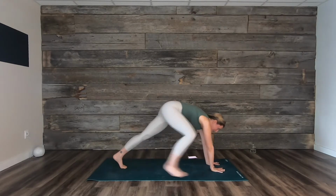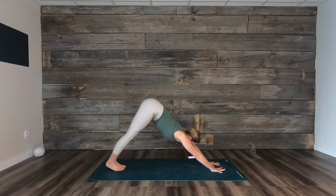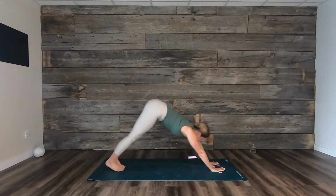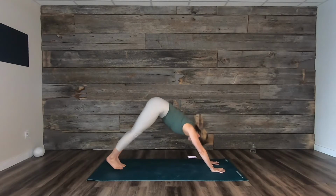We're gonna take the right foot, step it to the outside of the right foot, step the right foot back, step the left foot forward, left foot back. Right foot, step it back, left foot, step it back. Right, down,